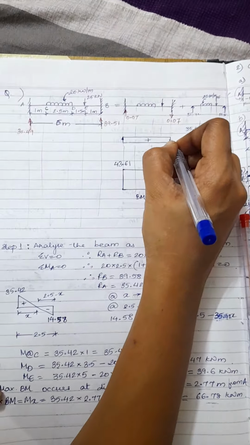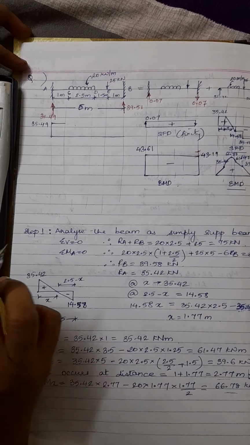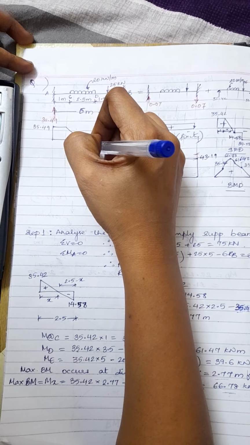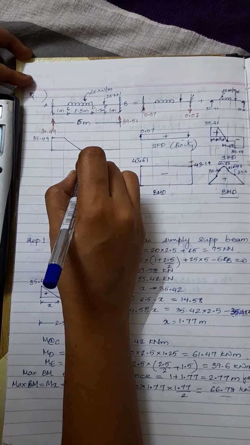Now using this we are going to draw the final shear force diagram. 35.49 above the line, then constant here because there is no load. Minus 20 into 2.5, I am deducting for the UDL, gives 14.51 negative, so it comes somewhere here. Then from D to E there is no load, then we have a reaction